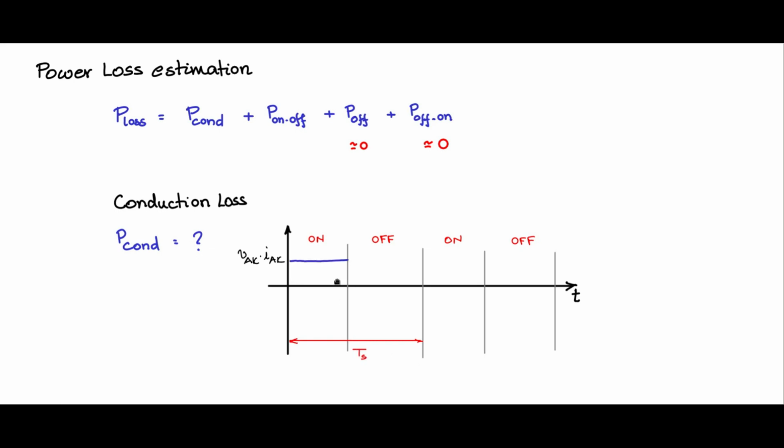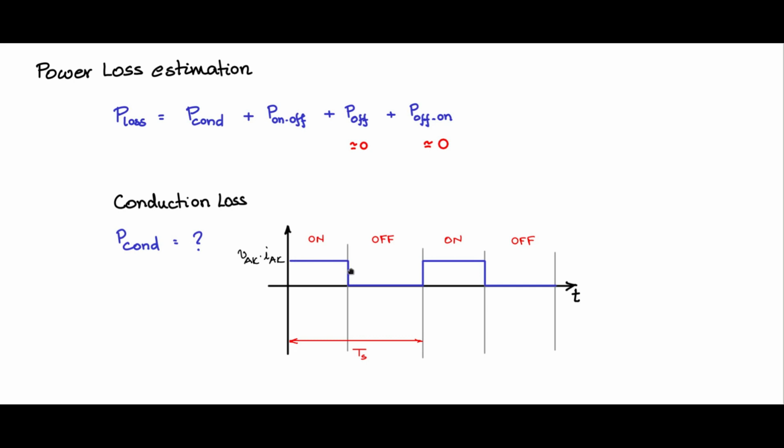So during the on time, we have seen that there is some current flow and there is voltage drop across the diode, and that multiplies and gives some value of power. During the off time, the current through the diode is zero, and therefore there is no power dissipation. Again, during the on time, you have the loss, a finite value of VAK into IAK. During the off time, it is zero. So this graph shows only the loss due to the on state.